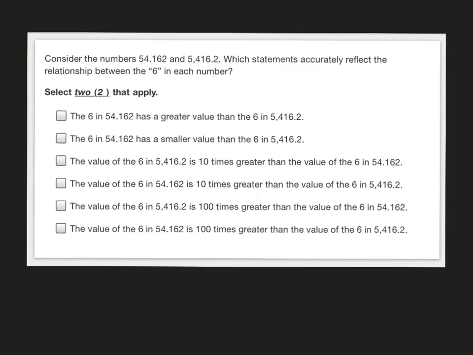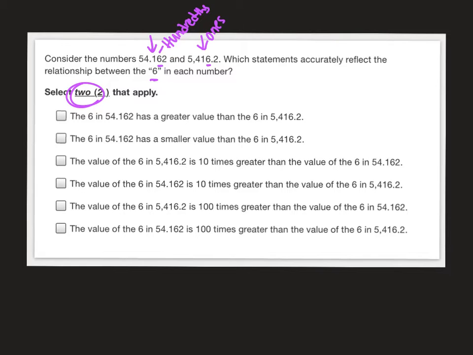All right, on this question, they give us two numbers, right here and right here. And they want us to look at the 6 in each of those numbers. So if I look at the 6 in this number, it's right here. So I know this one is two places after the decimal, so it's in the hundredths place. And you can see this one is one place in front of the decimal, so it's in the ones. So what we're going to be doing on this question, it tells you to select two that apply,